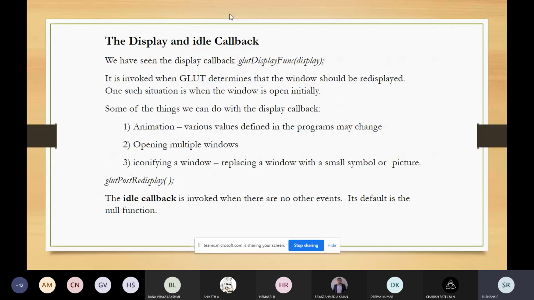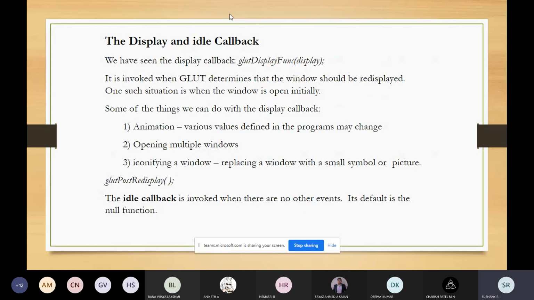After this, we studied the display function and the idle callback function. The display function is used for displaying all the objects. Whatever object you are creating through some functions, if that object is to be displayed, I have to pass that as a parameter to the glut display function.